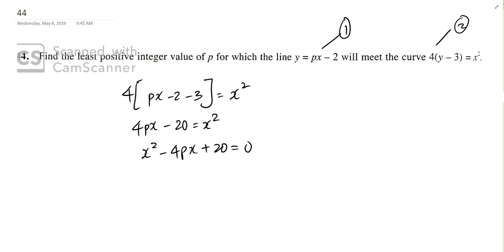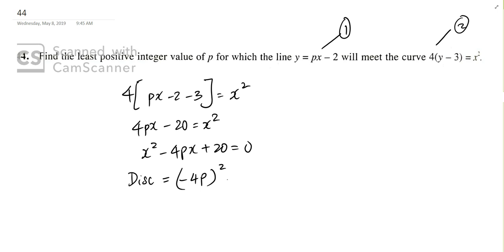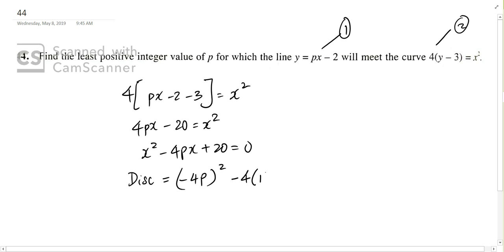What was the whole point of doing simultaneous equation in the first place? Because you want to find discriminant, okay. So now I've got ax squared plus bx plus c. What is the discriminant given by? Is this what you said? Negative 4 square. Okay. So b square then minus 4ac, okay. So you do, then you will get discriminant equals to